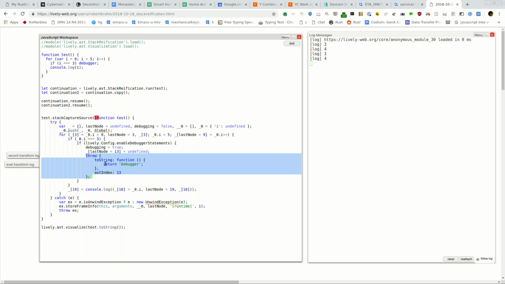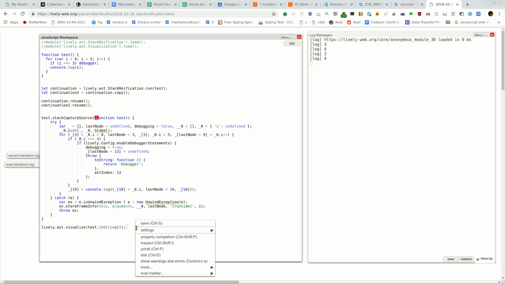So we basically throw an exception here that unwinds the stack, and each of the local state and each of the program counters, especially the program counter that we are currently at, is part of the state that gets unwound and then basically caught by the stack reification run method, which then creates the continuation object. And when we look at the graph itself,